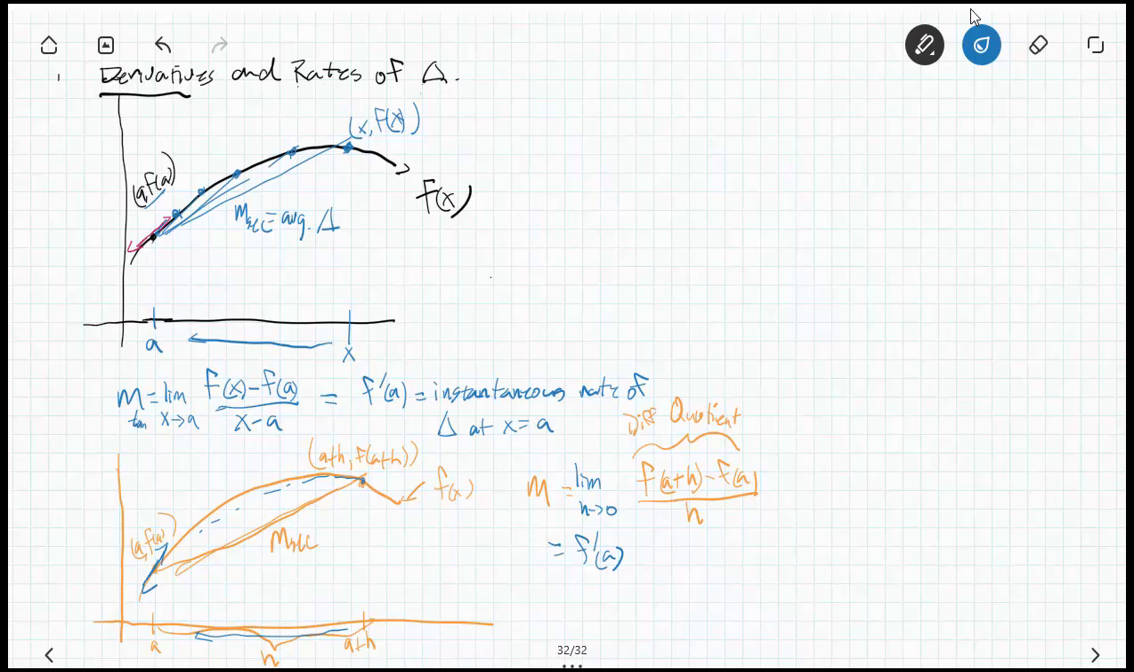Now, I want to do one of these with you, okay? Let's actually take a function and figure out the slope of the tangent line at some point. Okay, so here we go. Let's do f of x equals x squared. And we're gonna find the equation